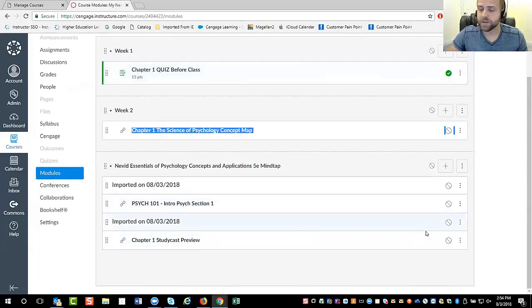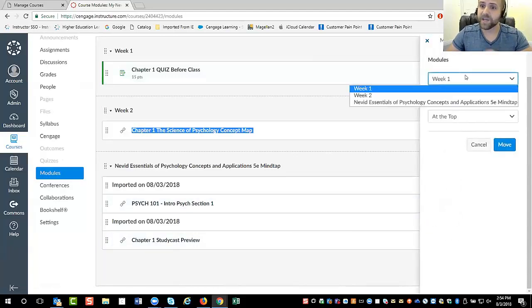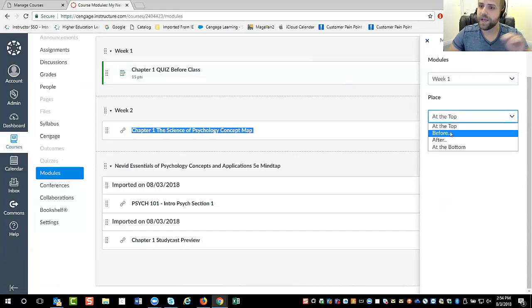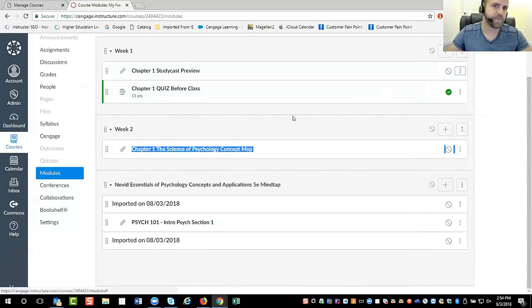Alternatively, if you have a long list of modules, you may want to click the three dots on the right-hand side and then click Move To before selecting which module it goes into and where you want it sequentially within the given module. Just as such. Now, the alternative way of doing this instructional design is not doing your weekly modules necessarily,